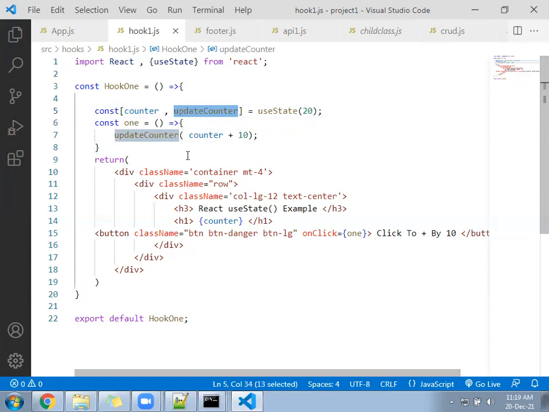You can create your own variable, your own function, but both will be derived from useState. If you derive from useState, then only if we change the variable, immediately it will reflect in the browser. If you do not derive from useState, it will not reflect in the browser. So code will be small and output will be more if we understand in the proper way.